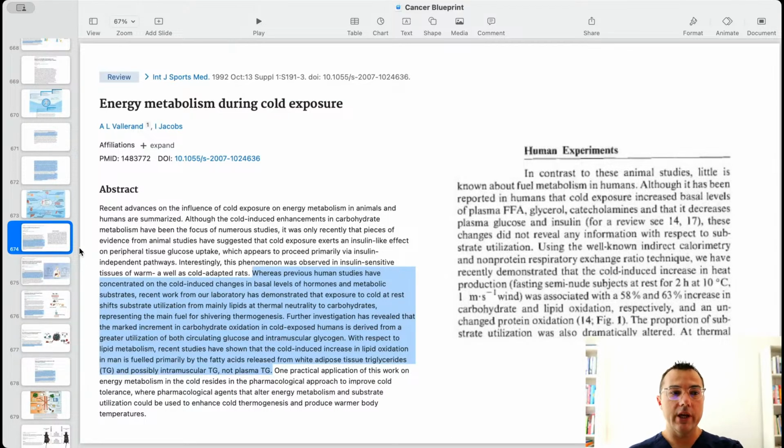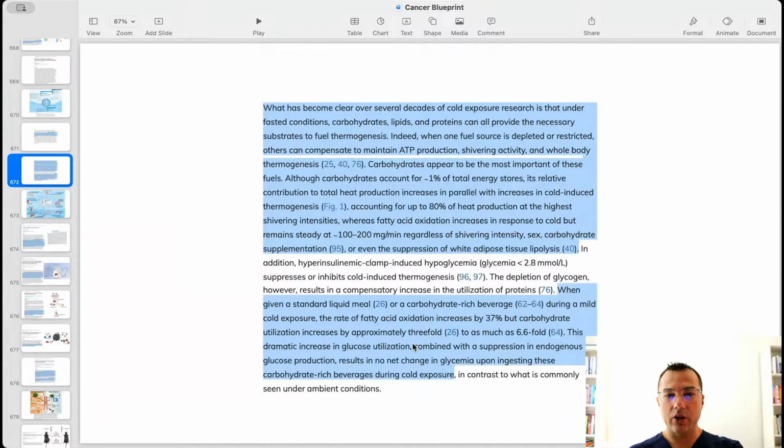And I really hope that this catches some steam within the research community, because when I read that it can increase your carbohydrate consumption up to 600% and fatty acid production at up to 37% while given a high carbohydrate meal and leading to no glycemic changes, like there's no change in your blood glucose when you're given a high carbohydrate beverage when you're exposed to cold, it seems like this could be almost like a cheat code to